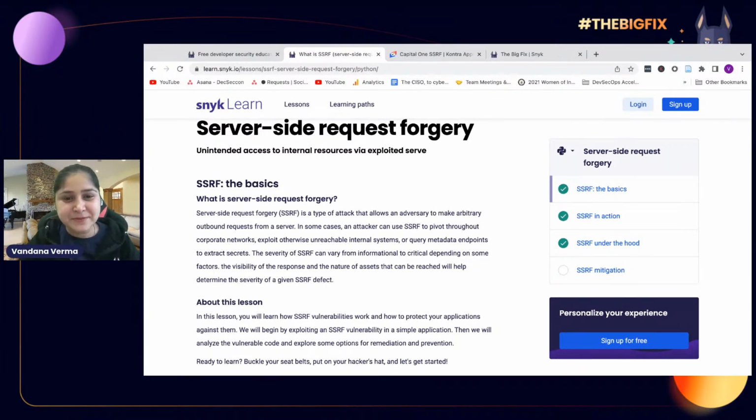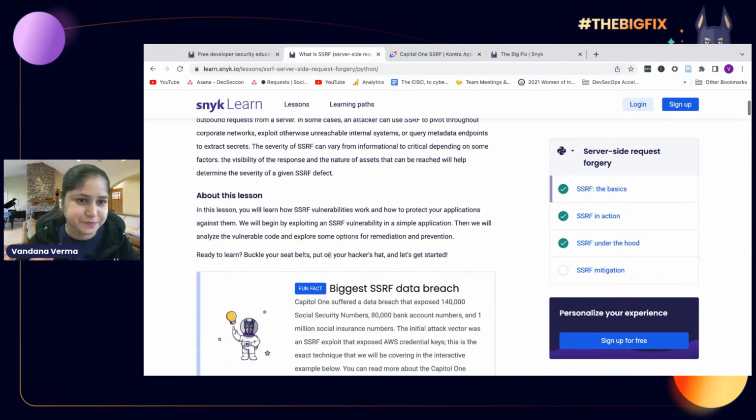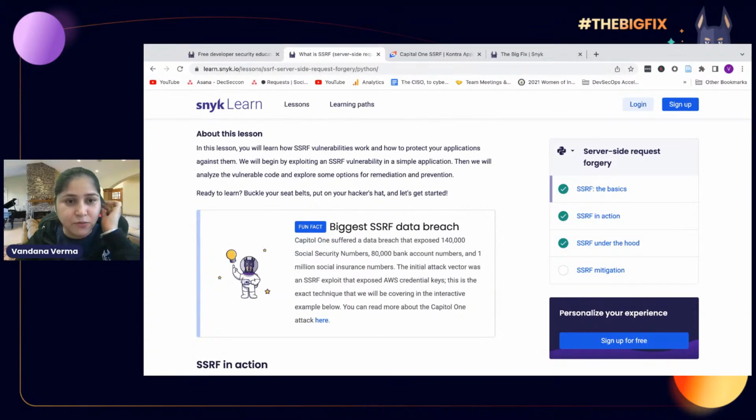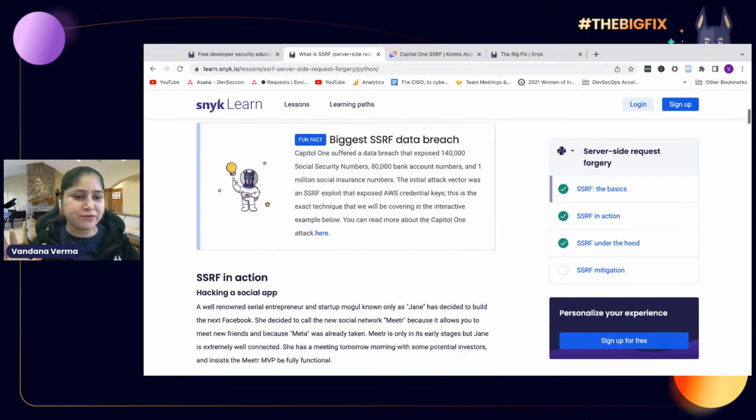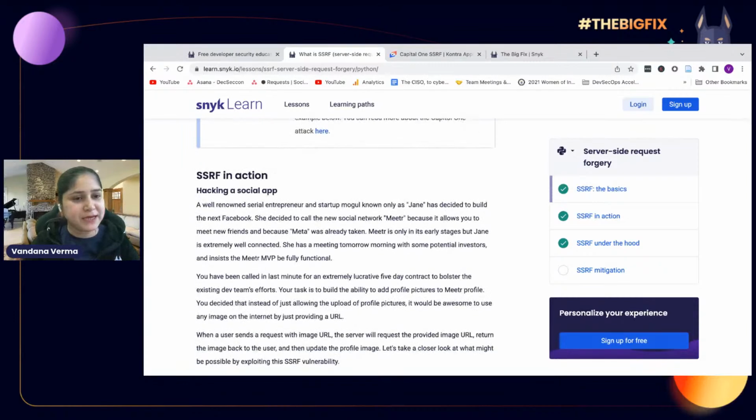So this can happen where an application allows a user to specify a URL for a specific resource, which the application has access to, without proper validation. Now you must be thinking, how does this all work? So let's take this lesson on what SSRF is and how SSRF works. In this lesson, we walk you through an example of how an SSRF vulnerability can be exploited with just a URL. So one of my friends wanted to set up a beautiful new app,